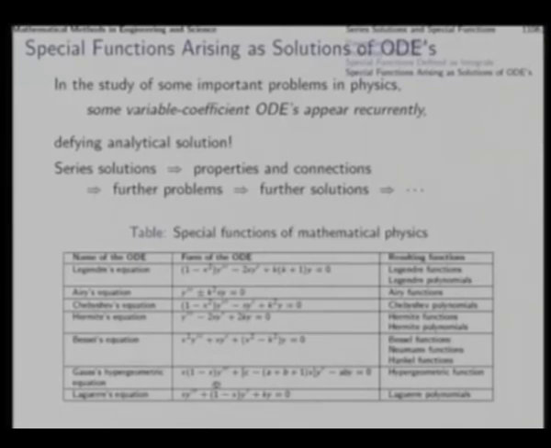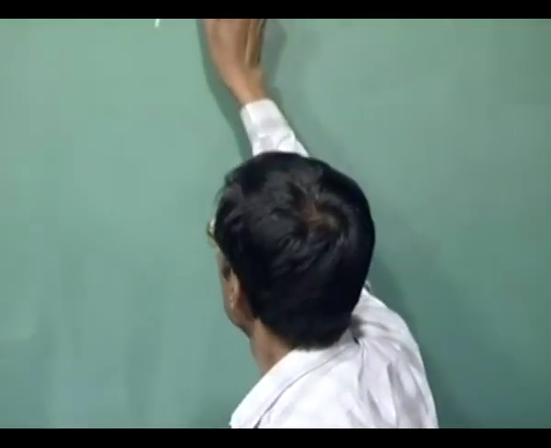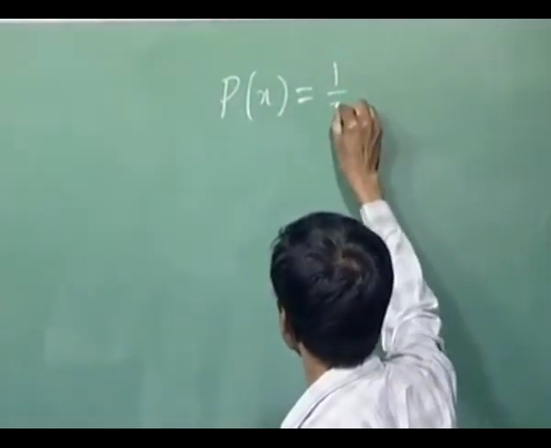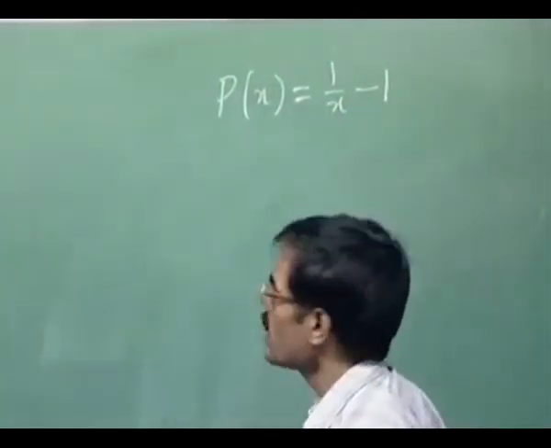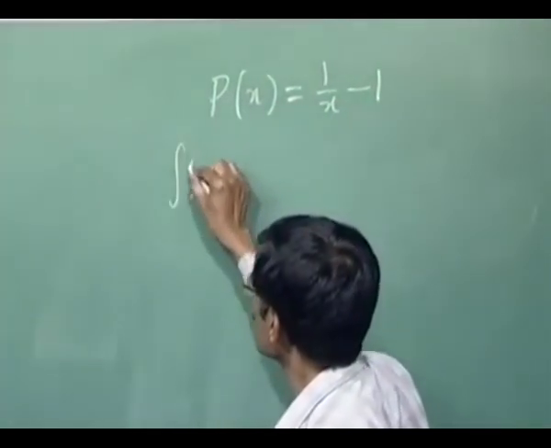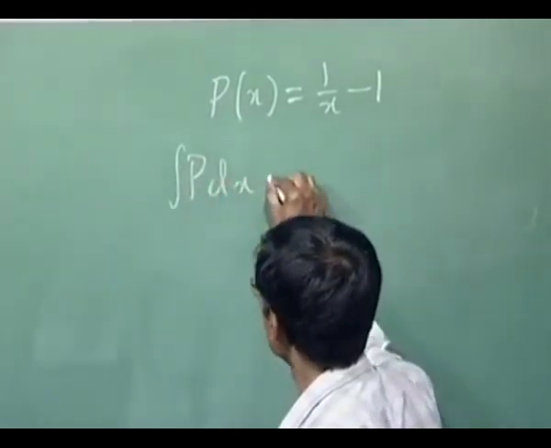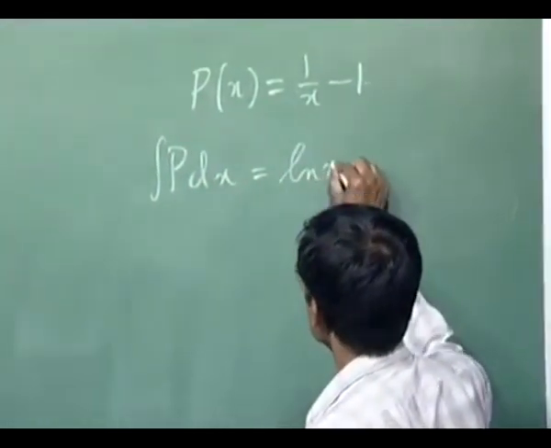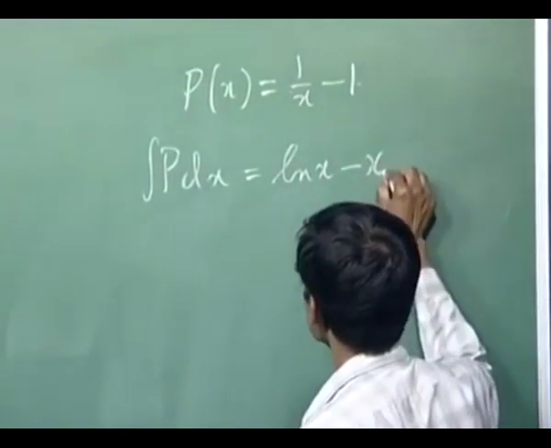So p of x will turn out to be 1 minus x by x, and therefore we will get integral p dx, that will turn out to be ln x minus x, and